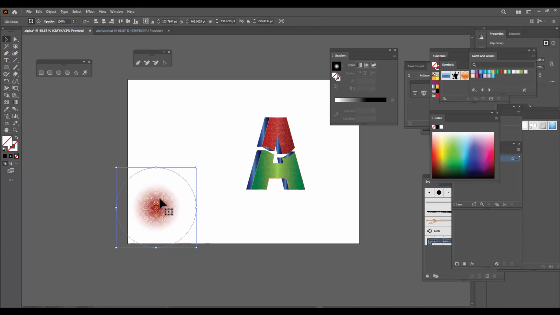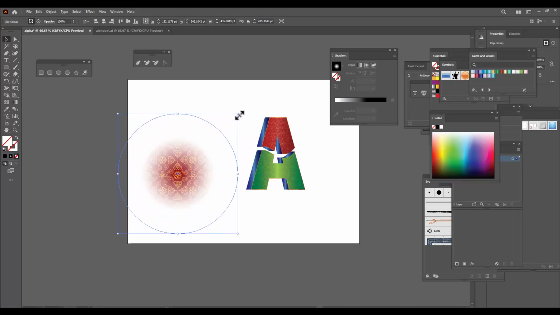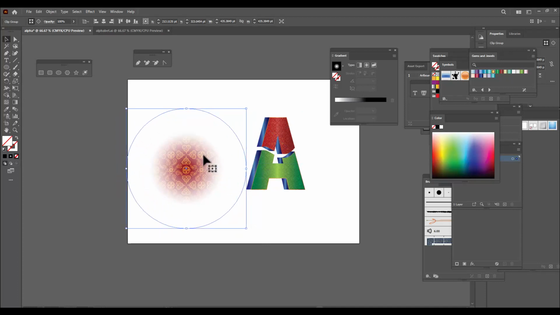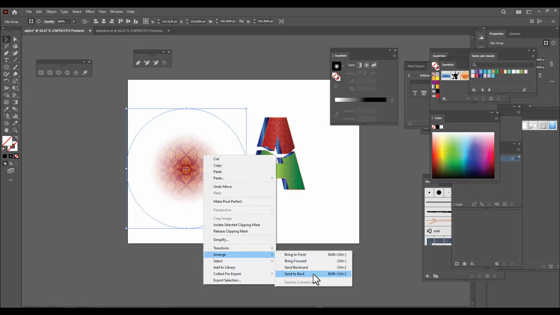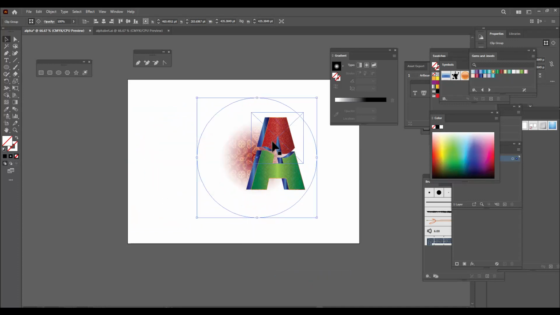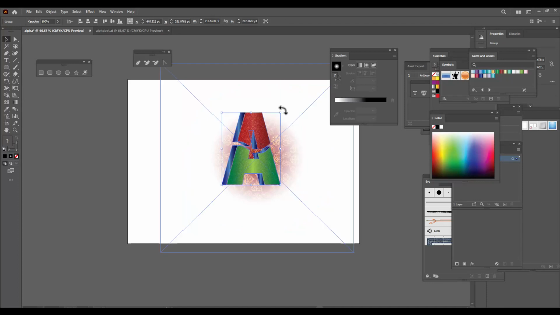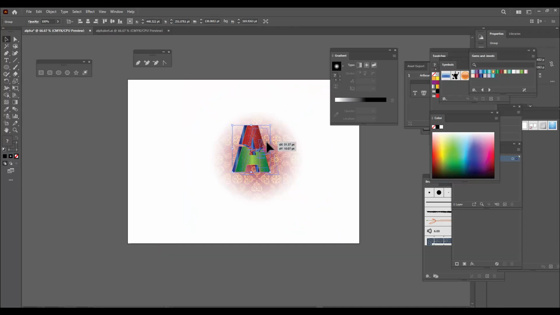So now we can see how our design is appearing. It is appearing like it has a feathery edge, right? So now the thing we are supposed to do is, we have to keep it behind the letter. So we'll just right click, arrange, and we'll select send to back, and we will just increase the size of it, right? So now we will just adjust the alphabet, just adjust it properly,